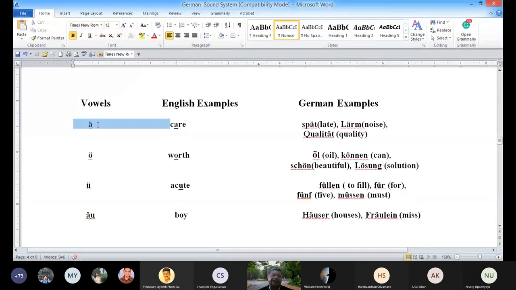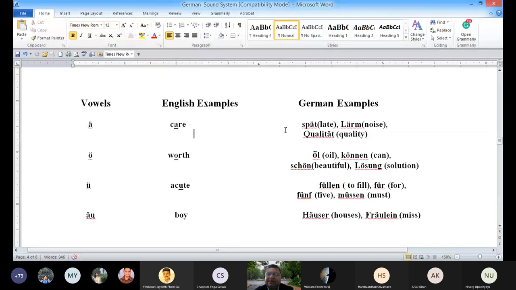You have seen A earlier in simple vowels, it was either O or A, but now because of this modification, because of this umlaut, the sound is different. So C-A-R-E means this A umlaut is coming like A as you pronounce it in English, care. On this pattern, if you try to pronounce the German word S-P-A-T, it will be pronounced spät, meaning A and slightly E will come, A and then E. So spät.